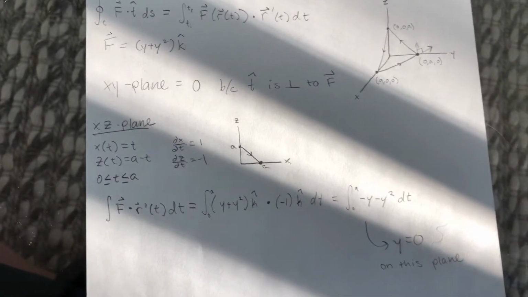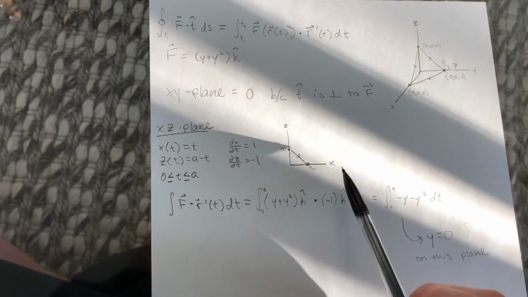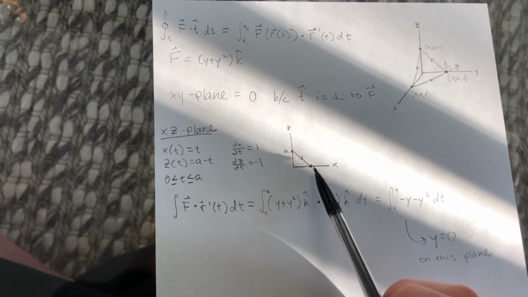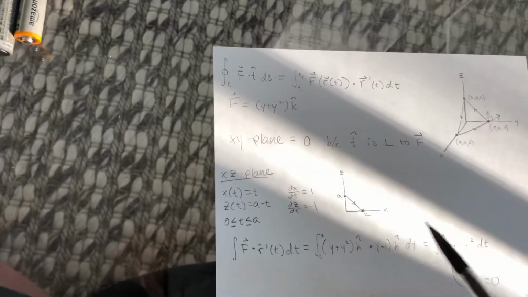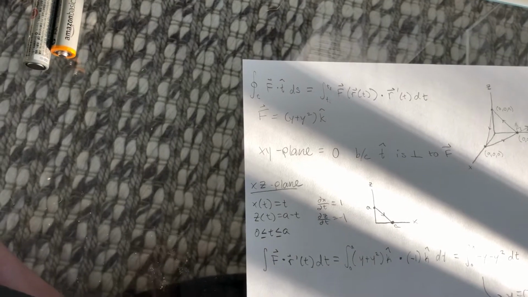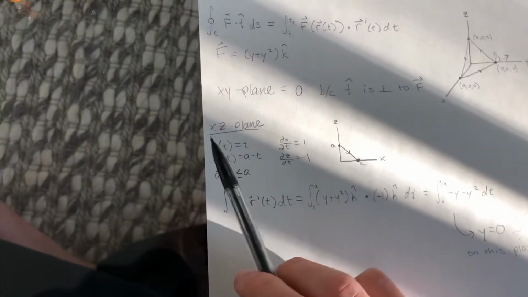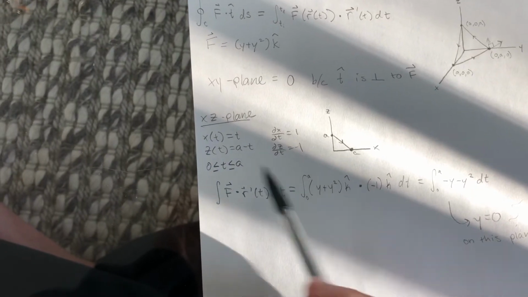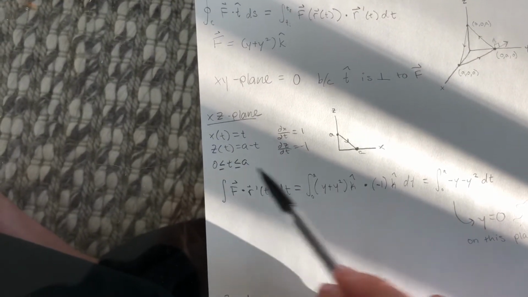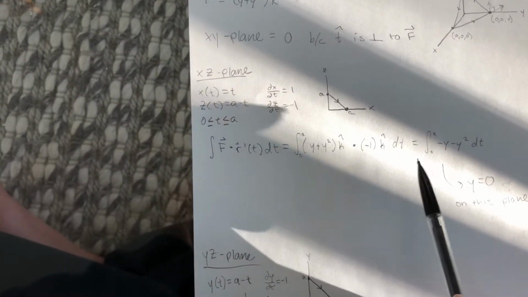Next, we can look at the xz plane. If we break this into a small little graph, it's going to look like this. We have the z and the x-axis. It goes from 0, 0, a to a, 0, 0. I parameterized it as x of t equals t, z of t equals a minus t, and t ranges from 0 to a. So if we start to plug this into the integral here,